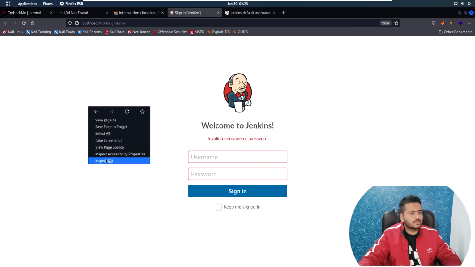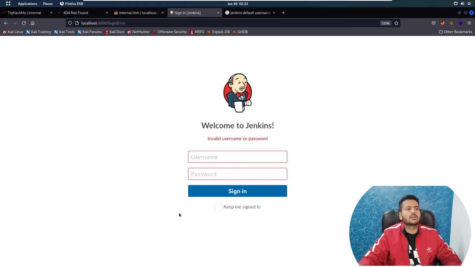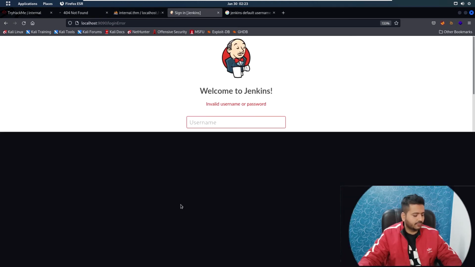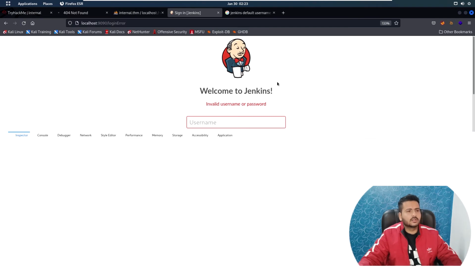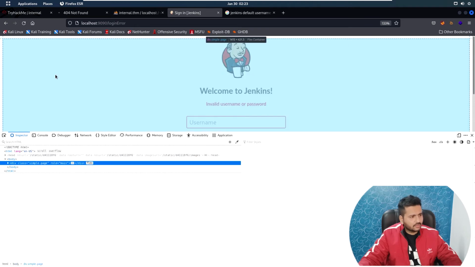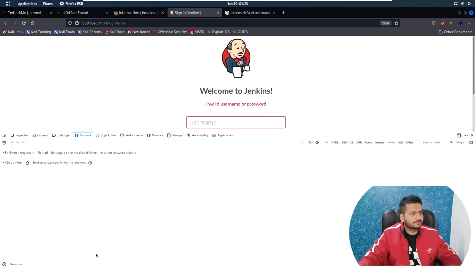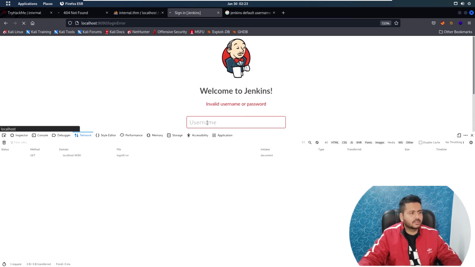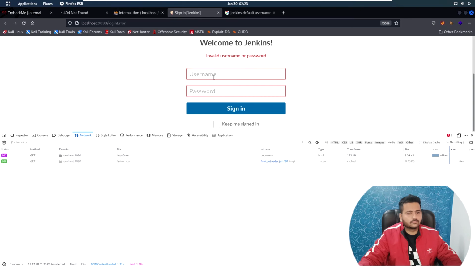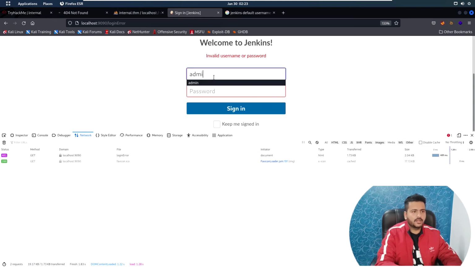View page source, no. Inspect element. Now what you could be using is Hydra as I'm doing, or you can use any other tool to brute force this Jenkins portal. Okay, open this inspect tab, or you can use Burp Suite to capture the requests and responses and then work accordingly. But for me, what I'm doing is working with this thing. Let me reload the page with admin, and now